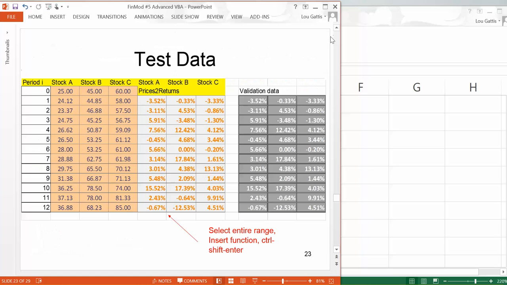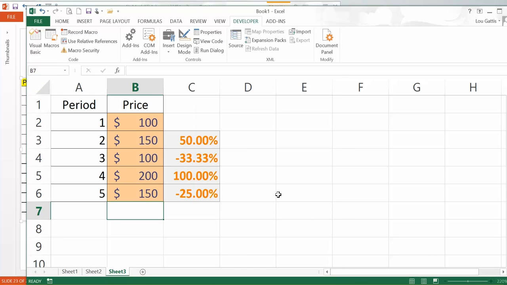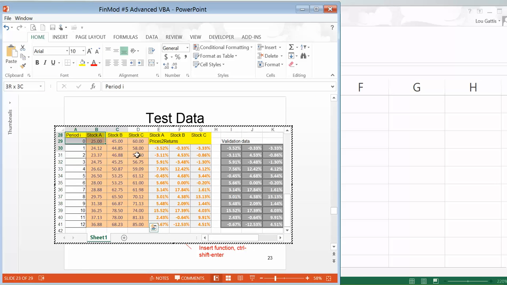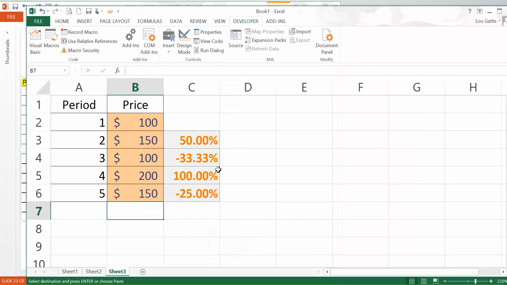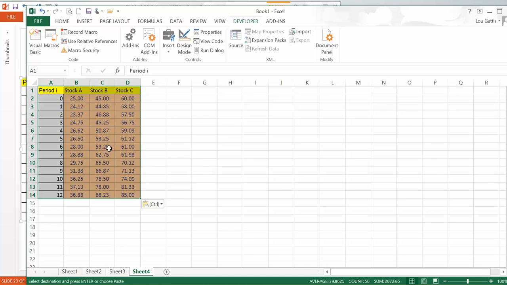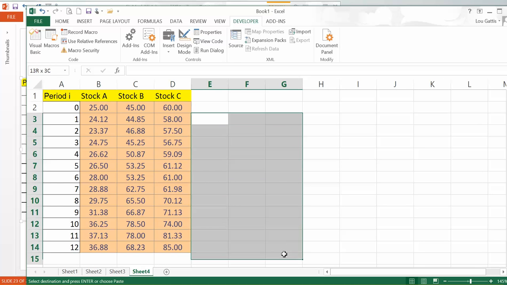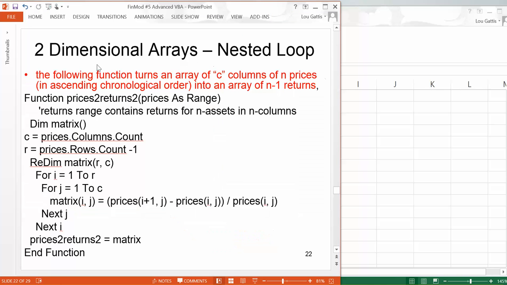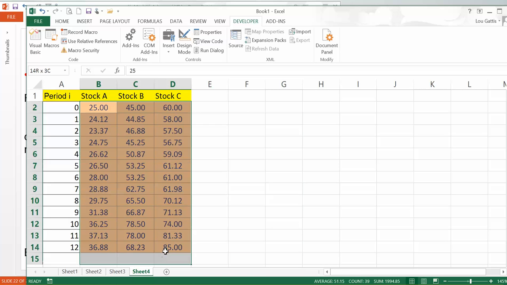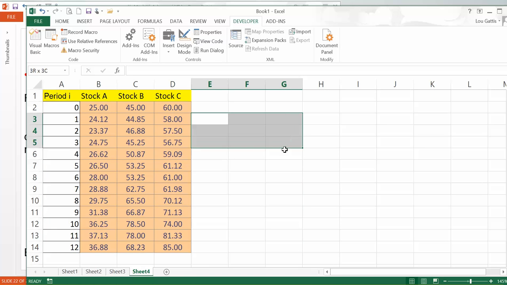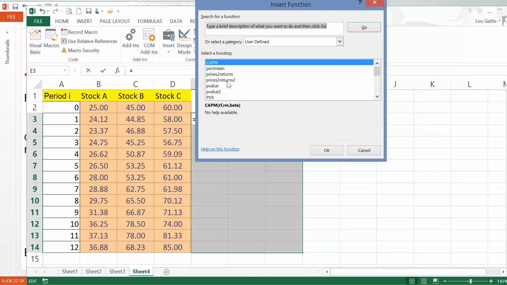I'm going to grab some data. I'll just grab this data here. Click out of there. Go to a new sheet within my workbook and paste it. So what this function prices to returns 2 does, let me see, what's that name again? It's prices to returns 2, prices as range. It allows you to take, say, 3 stocks for 12 periods and create 3 columns by 11 periods and get returns. So I'll input prices to returns 2,